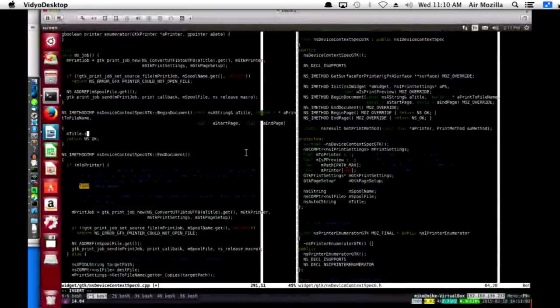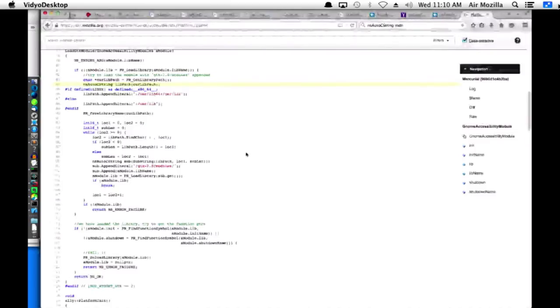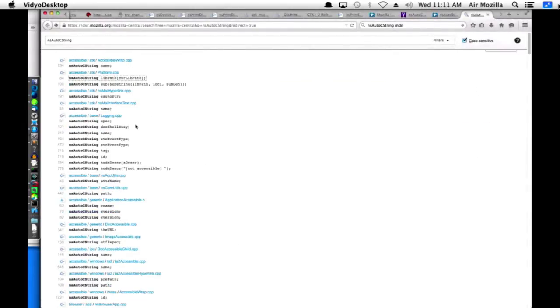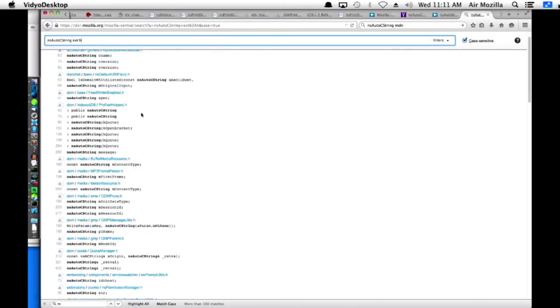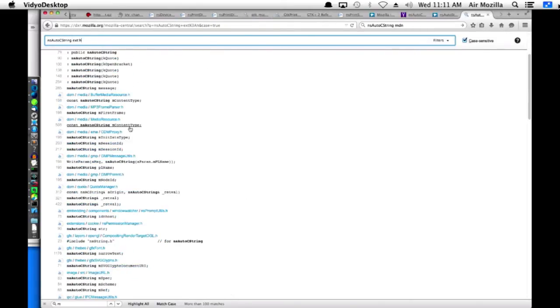All right. Except if it already exists, that doesn't make any sense. How about, okay, auto C strings defined inside headers. What do other people do? M content type inside media resource. Great. Okay. What do people do inside?